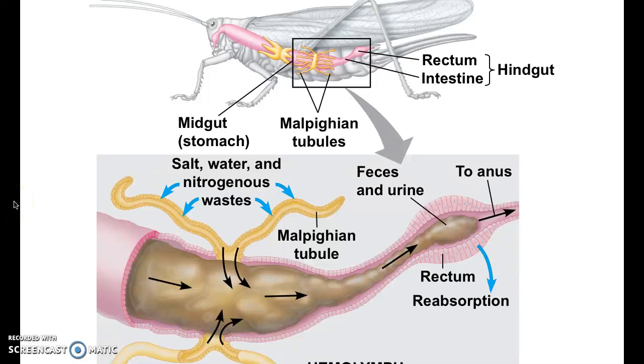In the case of insects, you're going to see specialized tubules called the Malpighian tubules. Malpighian tubules are an extension of the alimentary canal itself. So it is absorbing all the other waste products like salt and nitrogenous waste. Nitrogenous waste is just urea, uric acid, and all of that stuff. It's absorbing all of that, kind of mixes itself into the feces, and then you have one excretion, one system